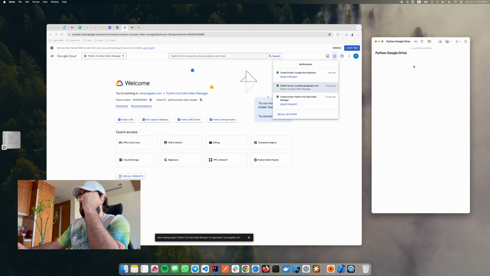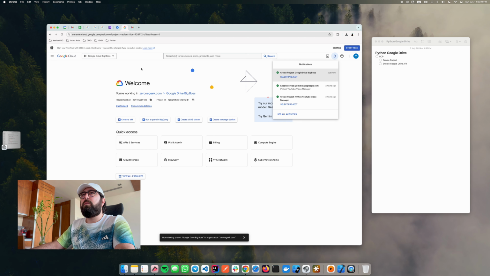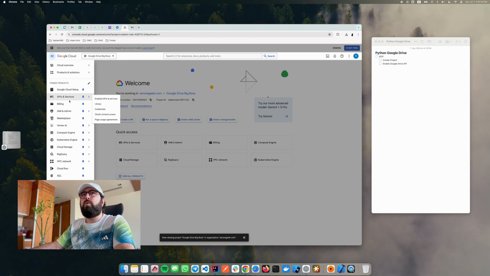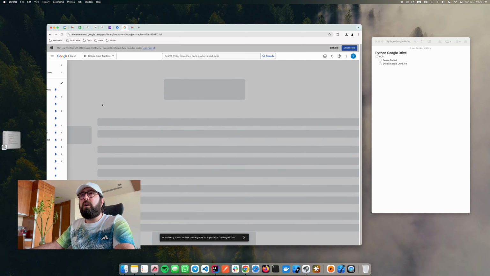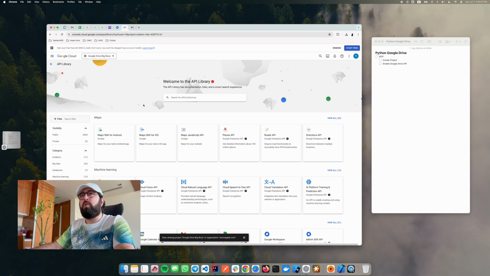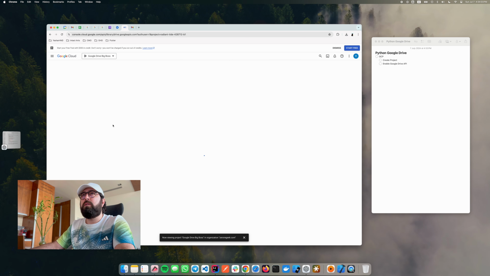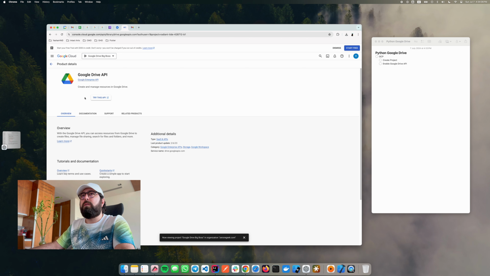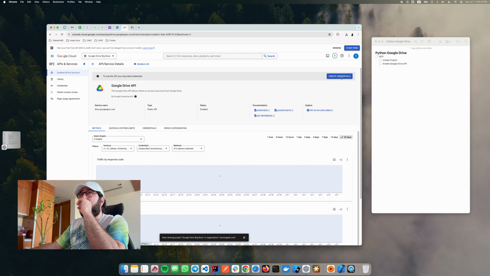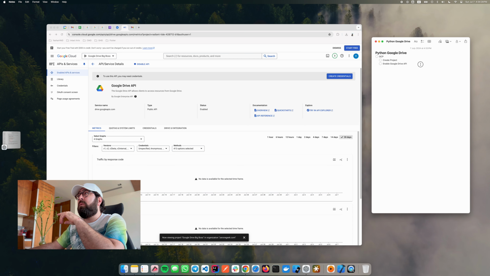So the first step was to create the project, then enable Google Drive API. The project is selected. Then we go to APIs and Services, Library. Okay, Google Drive API. We'll select it and we'll enable it. Okay. We don't need to create credentials. You will see why. Then the next step, after creating the project and enabling Google Drive API, is the